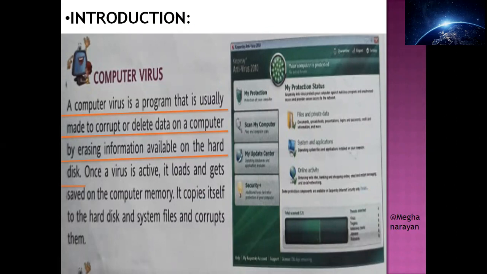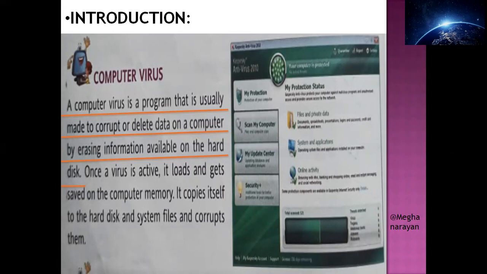Delete the data, the particular data will be removed on a computer by erasing the information available on the hard disk. This deletion of the data, this corruption of the data is only possible when this computer virus erases the information that is available on the hard disk of your computer system. This is what a computer virus is.